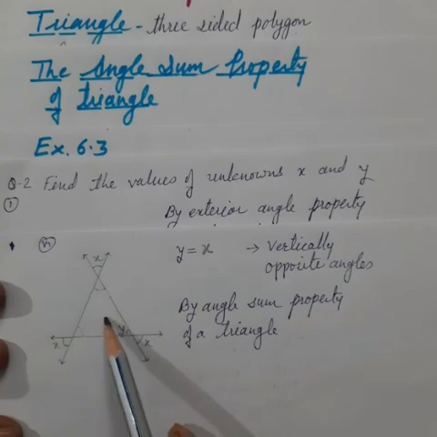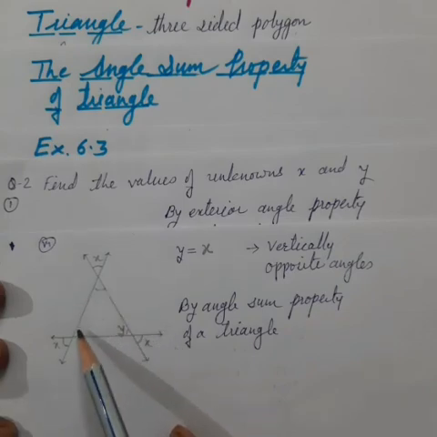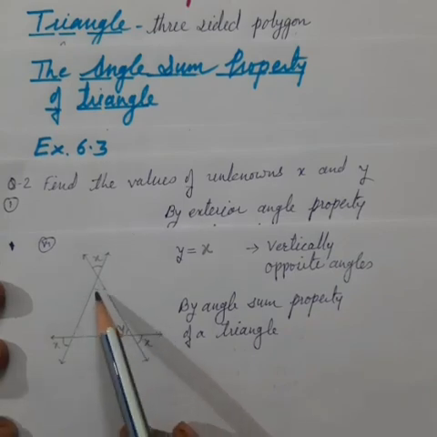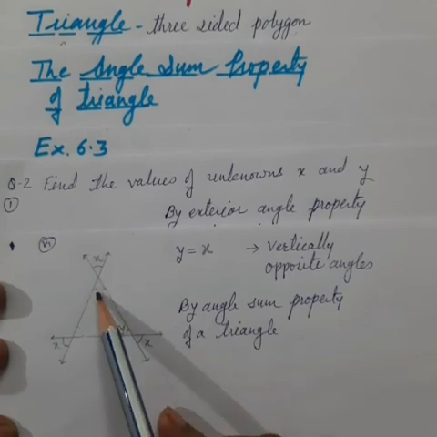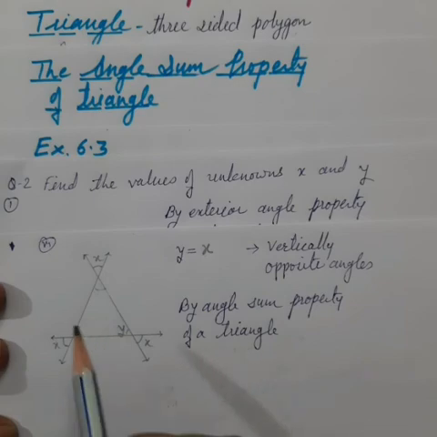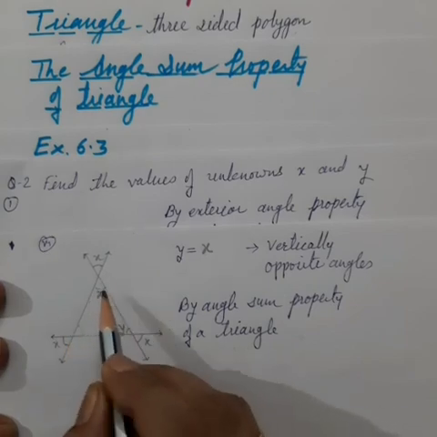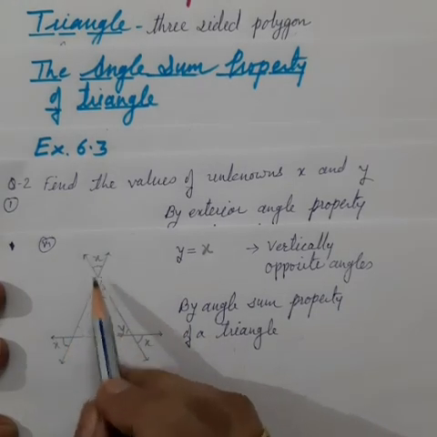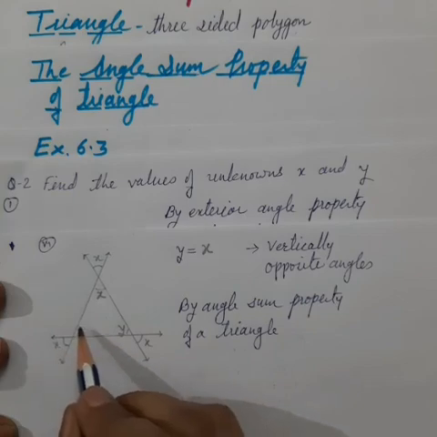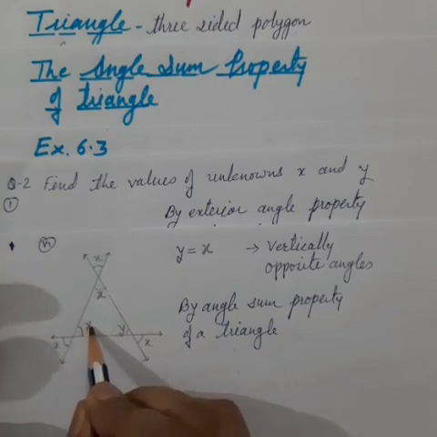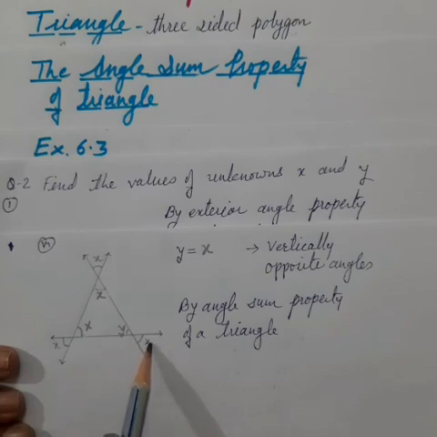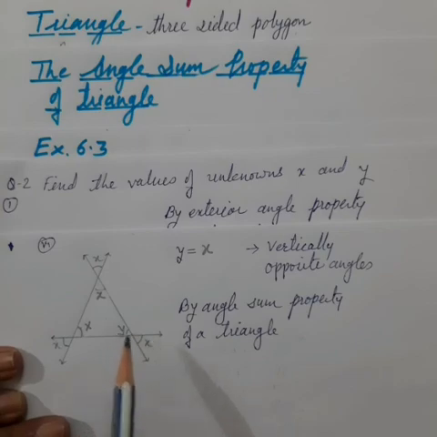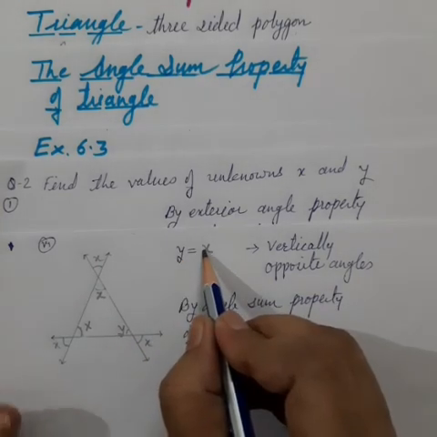Sixth, in this triangle we have to find all three interior angles of the triangle. Now see, the vertically opposite angle of this interior angle is given as x. So we can take this also as x, because vertically opposite angles are always equal. Here also this vertically opposite angle we can take as x, and the vertically opposite angle of y is given as x. So they are also equal. Always the vertically opposite angles are equal. So y equals x.